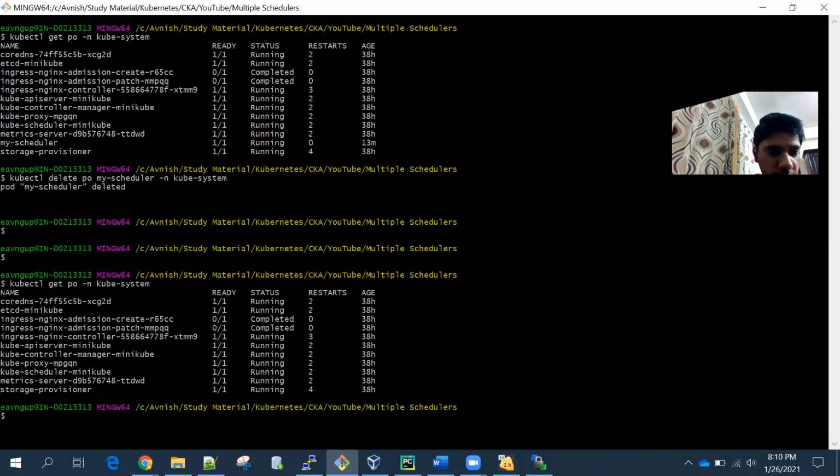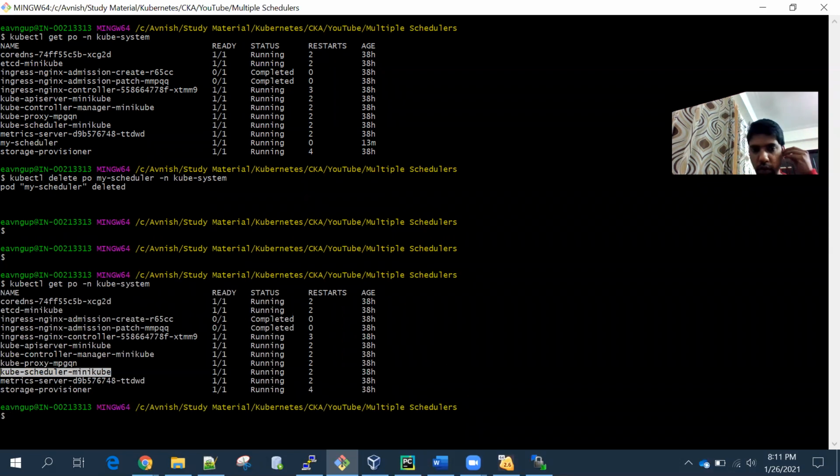So we are just left with one scheduler here. As we said, we will reuse the manifest file for the existing default scheduler. We'll make some changes to that manifest file, and we will run our custom scheduler using that manifest file.